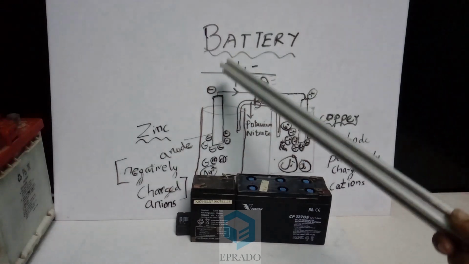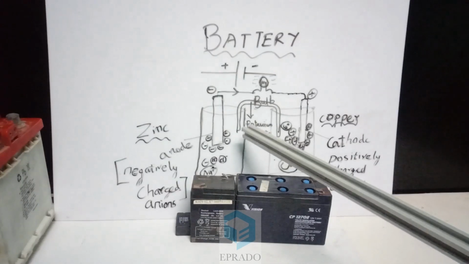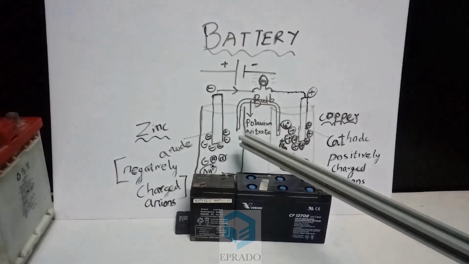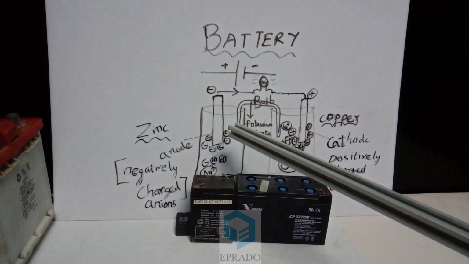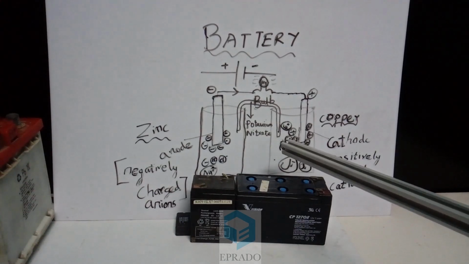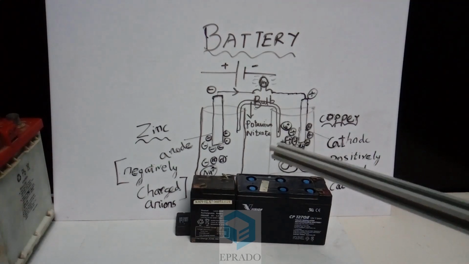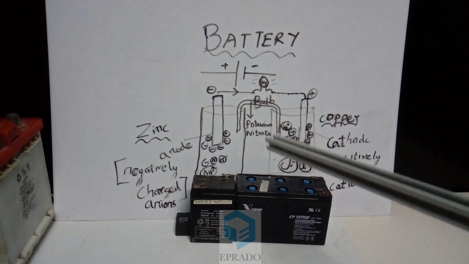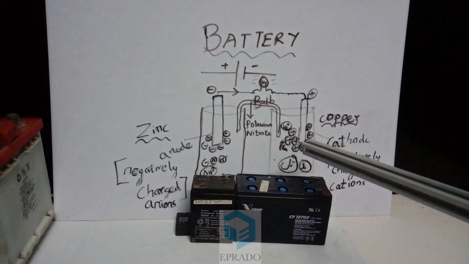This filter paper will be soaked in potassium nitrate solution and then inserted into both these bowls, so that these two bowls will conduct and exchange ions through this filter paper, so that the accumulation of charges at one bowl